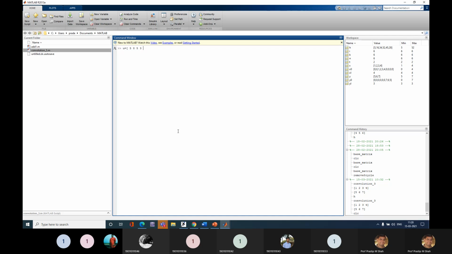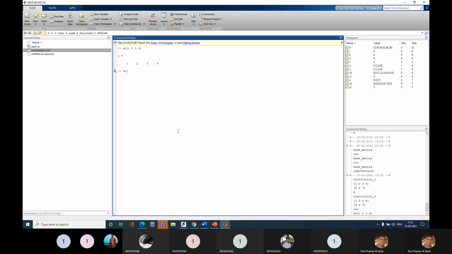I'll take a random sequence, better to take 1, 2, 3, 4. This is u, which is the input signal. It's a vector having 4 elements: 1, 2, 3, 4.